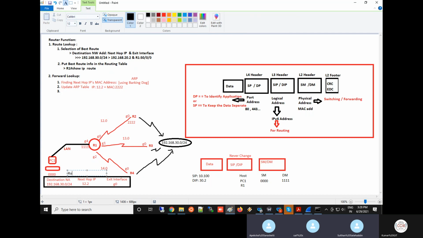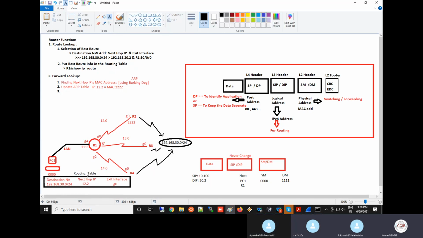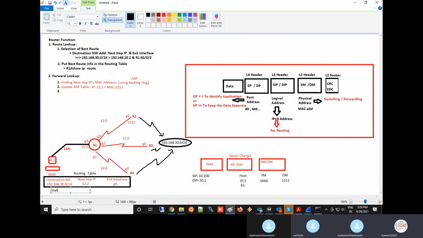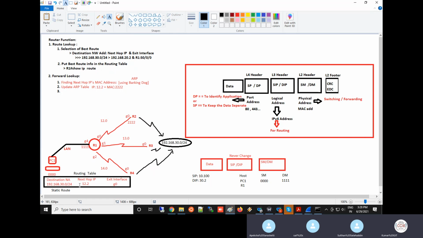Best route information is in the routing table. This is my routing table, and I put that information in. This is a static route; I'm not using any routing protocol, I myself am putting it, using the ip route command. Clear?